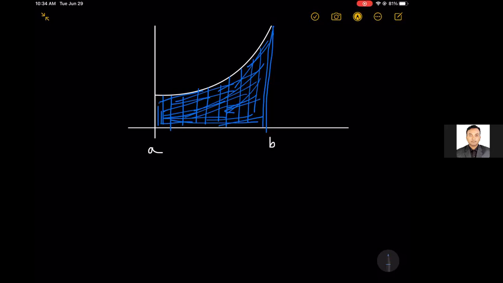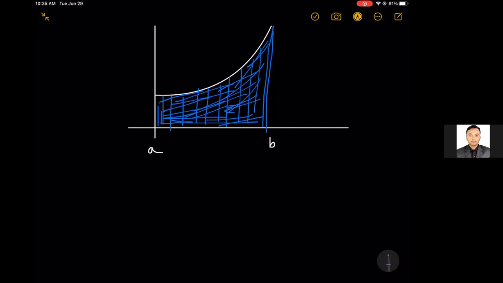So that's why we use integration instead of Riemann sum to find the area. Integration gives us a better approximation, better estimation. Okay,